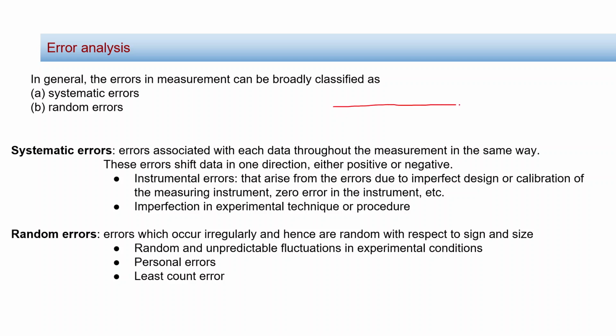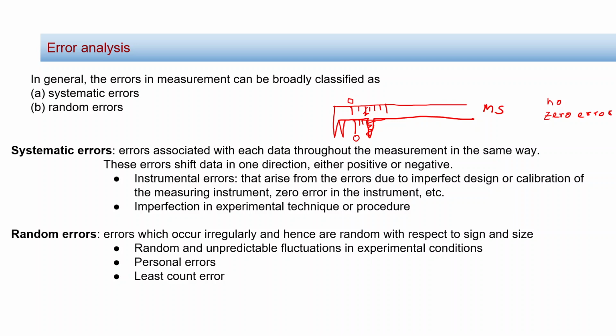For example, if I have a vernier caliper, these are the jaws of the vernier caliper. There is a main scale and there is a vernier scale. There are different divisions on both, but when the jaw is completely closed, then the zero of the main scale should match with the zero of the vernier scale. When they exactly match, then we say there is no zero error. But if the vernier scale zero is slightly on the right side, then we call it positive